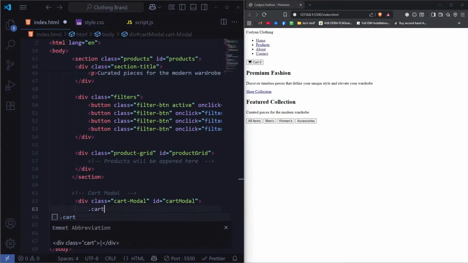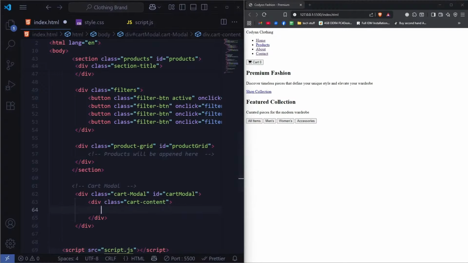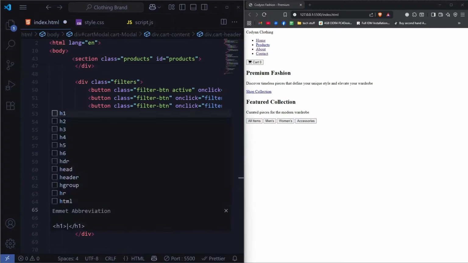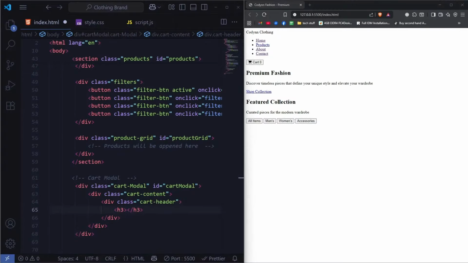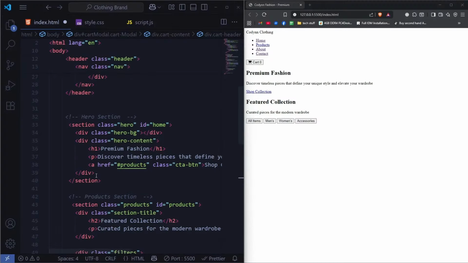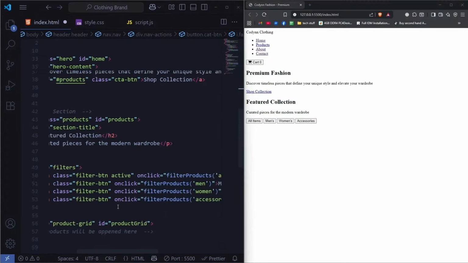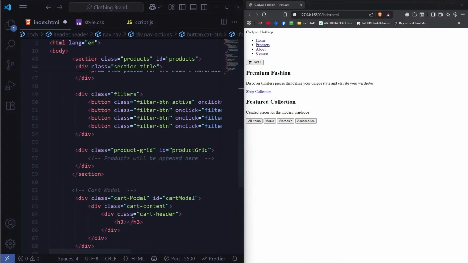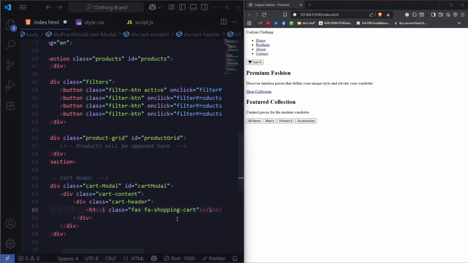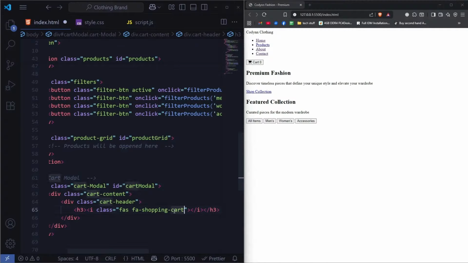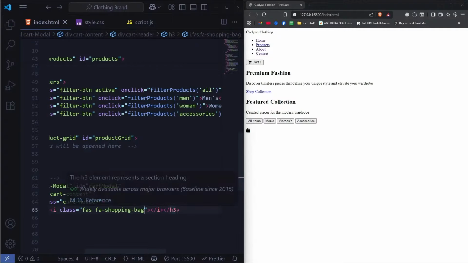Under this, I'm going to make a cart content. And under this, I'm going to make a cart header. Under this, I'm going to make an h3, which also needs an icon here. So I'm quickly going to pull out this one right here. Inside this, I'm going to paste this here. Now I just need to change this for the shopping bag, just like that. And I'm just going to do shopping cart,